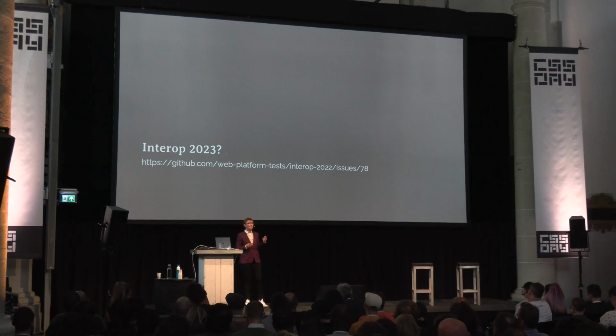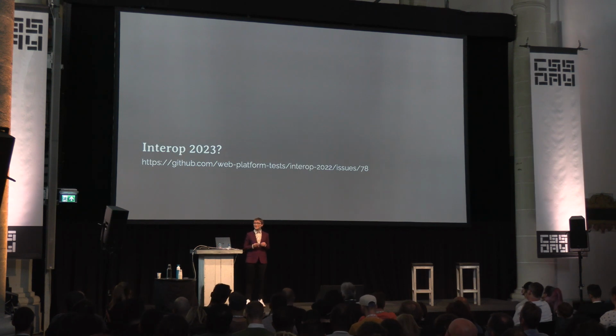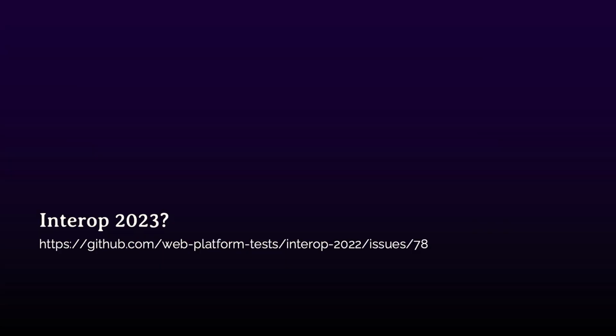And so, we're halfway through the year and thoughts might start turning to, well, what's going to be in Interop 2023? I mean, there's already a tracking issue. There's not a lot there yet because we haven't quite got to the planning stage. But it's vital that we do have tests. So having stuff well tested is going to be important. And also that you are out there raising bugs and letting us know what it is that needs fixing. So if you want to influence what is in Interop 2023, make sure that the bugs are out there,